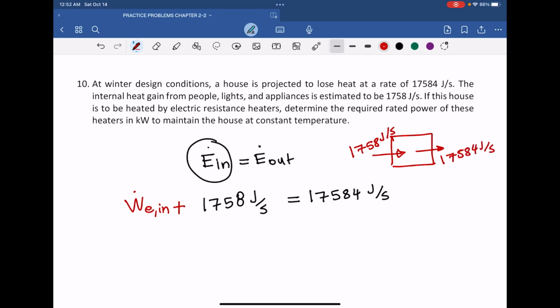Now that means in order to keep the temperature the same, we also need to introduce more energy, more power with the electric energy. So therefore, how much of this, of course, is this much. When you calculate it, it is